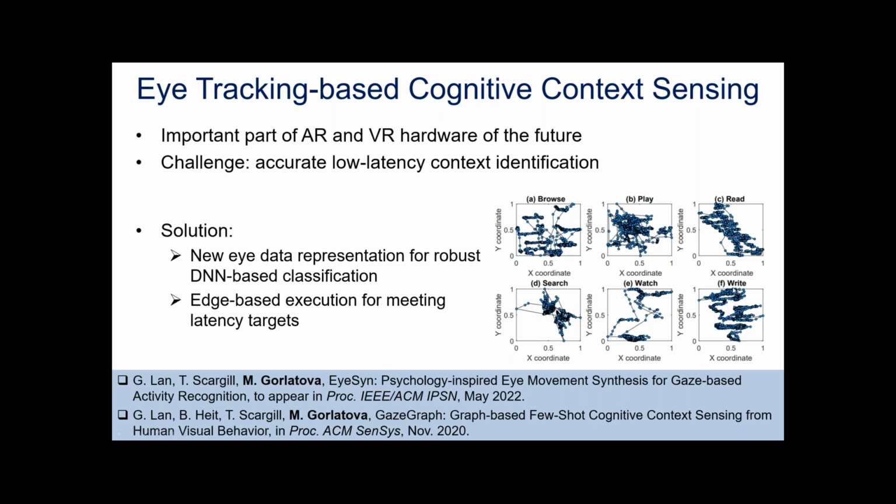Some examples of human gaze patterns for different tasks are shown on the screen here. For instance, this graph corresponds to someone reading text, and this one corresponds to someone watching a movie with subtitles. So you kind of see where some of these gaze patterns come from, and you see that there ought to be a way of distinguishing these actions based on these eye patterns. And indeed, what we did in our work is to design a deep neural network that allows us to distinguish